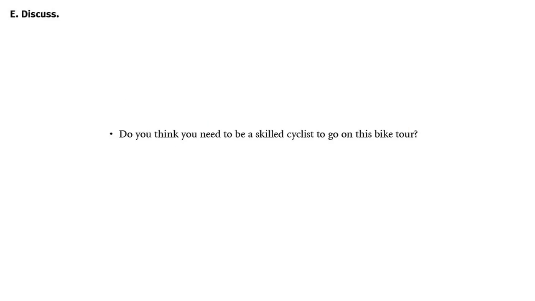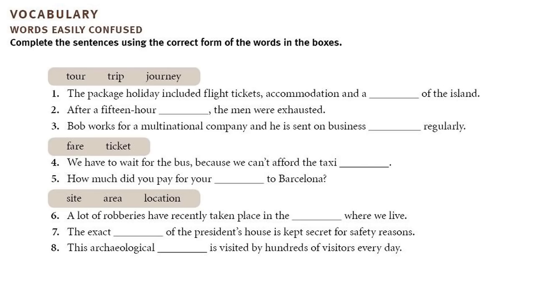Discuss. Do you think you need to be a skilled cyclist to go on this bike tour? هل ينبغي عليك أن تكون متخصص في ركوب الدراجة لتذهب في هذه الجولة؟ Vocabulary. Words easily confused. كلمات يسهل أن ترتبك أو تلخبط فيها. Complete the sentences using the correct form of the words in the boxes. The answers are